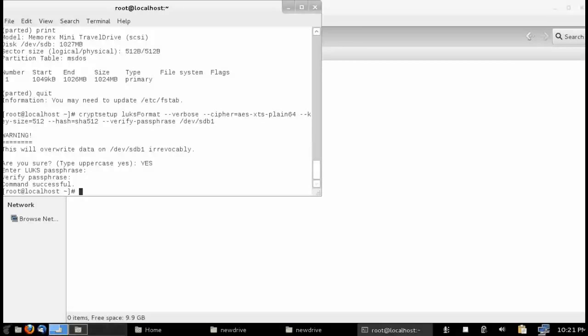So at this point, what I need to do first is I need to actually map the device onto the computer, which basically allows the device to be interpreted through the cipher block and unencrypted so that it can be utilized before I actually set up the file system on the encrypted container. So what I need to do is I need to type in cryptsetup luksOpen